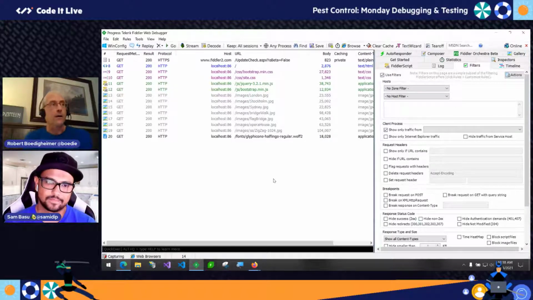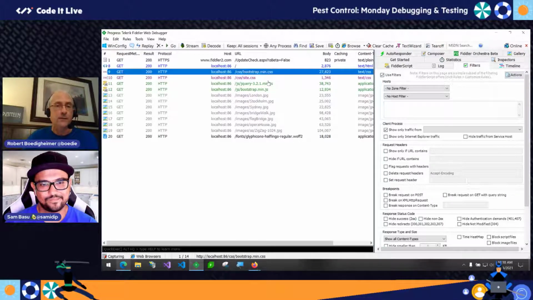So we talked about that. The other differentiator for me for Fiddler is I run a lot of what-if scenarios. I want to be able to see on my e-commerce site what would happen if something went wrong. I'll give you this example because it's easy and it's sitting here. I have bootstrap.css. In real life, I pull all of my CSS files from a CDN. If my CDN were to fail, or if I were pulling this off a host that was slow, I want to know what would happen.